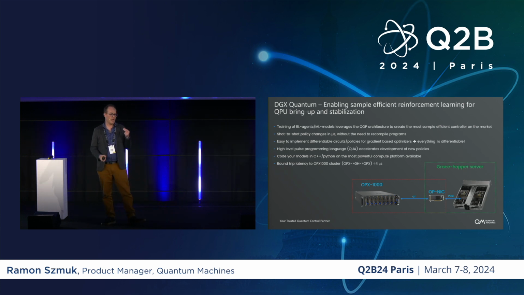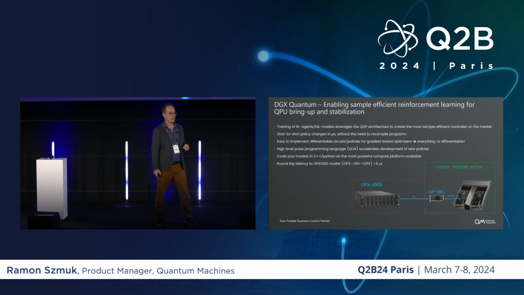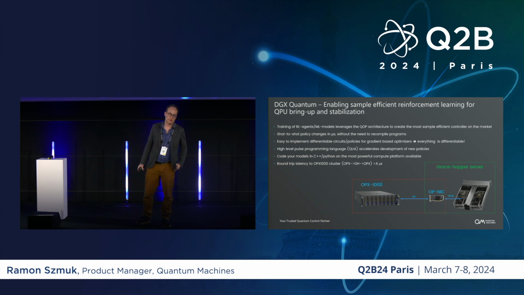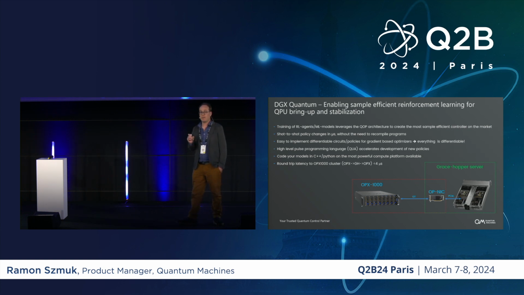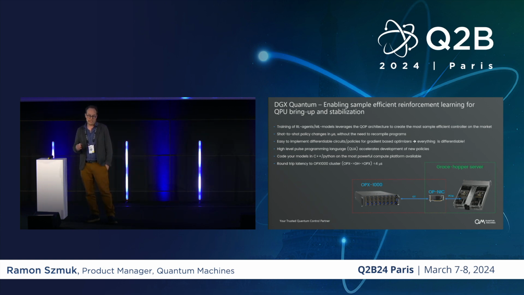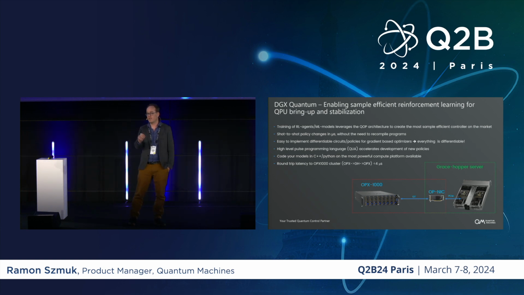And the goal is to allow these changes to be done shot to shot. There were some very influential papers that came out end of last year that show that when these reinforcement learning models are paired with QPUs, you can optimize these parameters faster if you have the ability to change parameters shot to shot. It's not so trivial to realize why. The simplest thing that you can do is to change a policy, try a certain circuit, and then do process tomography on the whole thing. But that takes a long time. You can do something that is smarter than that.